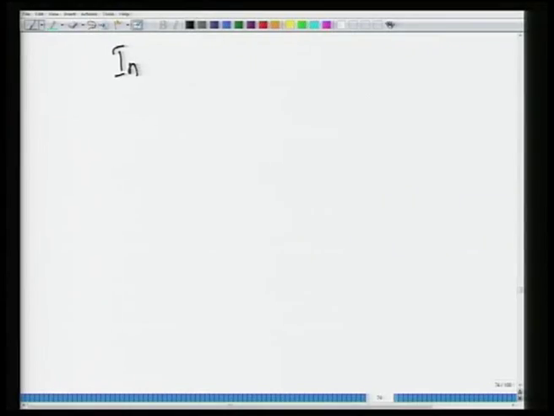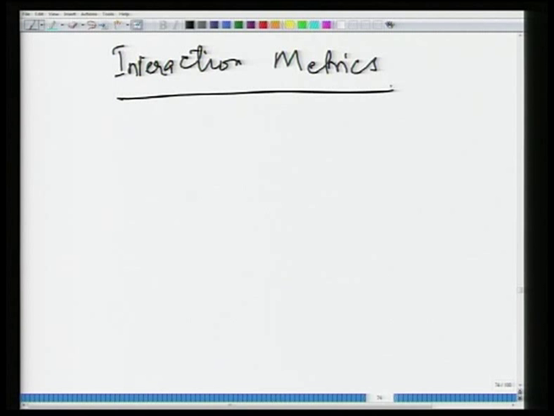All right, welcome to this. We have been talking about interaction metrics that quantify the interaction in a multi-variable system. Interaction metrics. And last time we described what is known as the Linsky index,